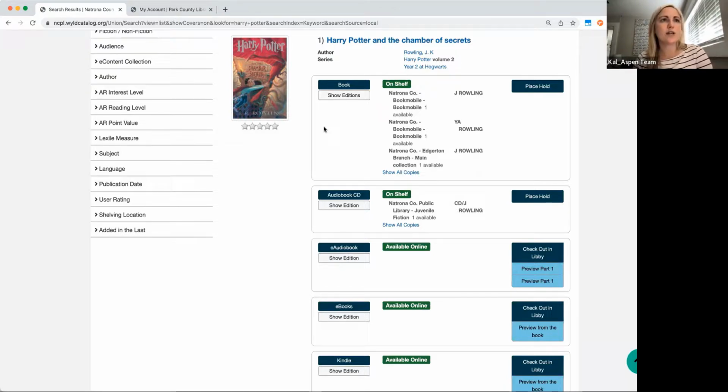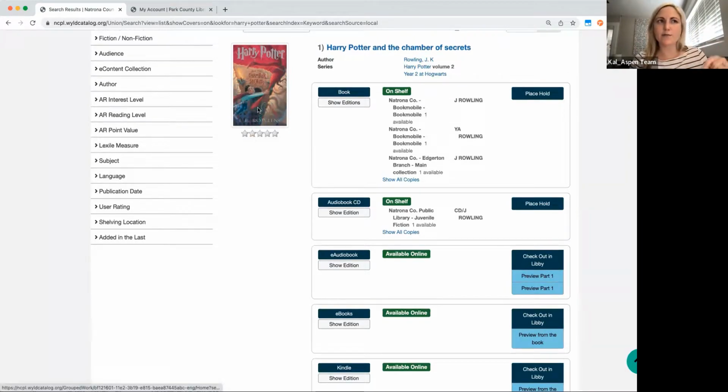The other question is, can we set the cover art to match the most recent edition? So the cover art changes are a global change, so it would change all the catalogs in the WYLD system. There are ways for folks to change the cover if you don't like it, but it would be a change to all of the libraries' views on their catalogs.